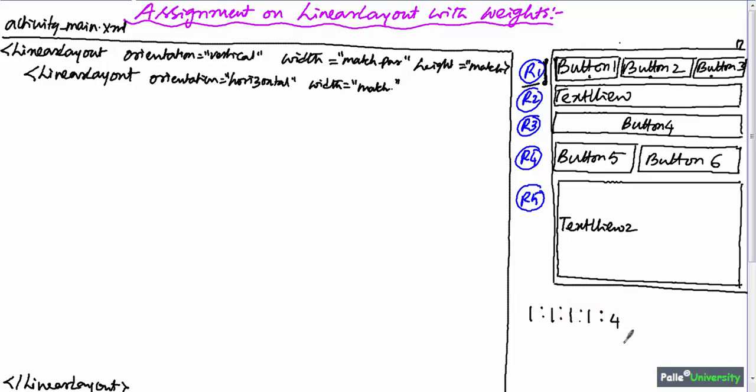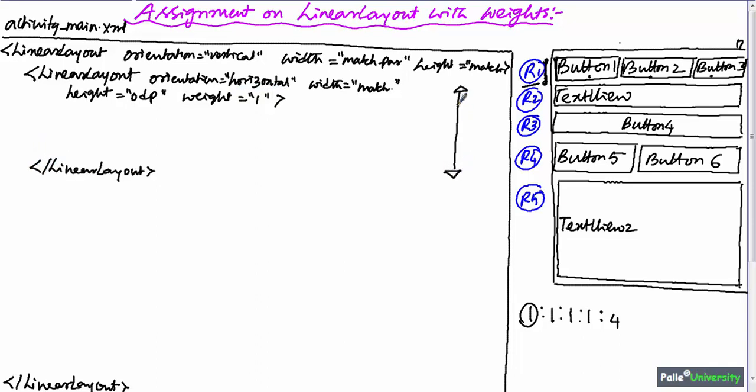So that means rather than giving height, I should use weight as 1. But before making weight as 1, since this linear layout is part of vertical linear layout, first I have to make height as 0 dp, height equal to 0 dp, and then we have to apply weight as 1. And let me close this linear layout here.